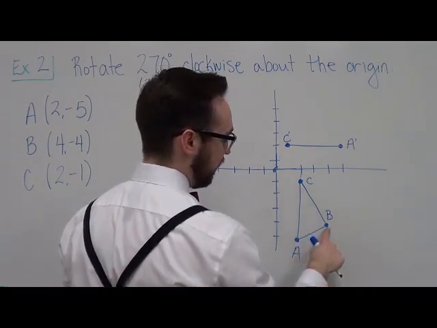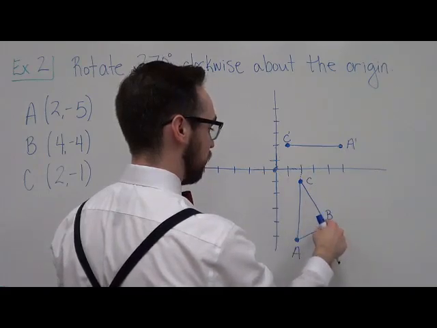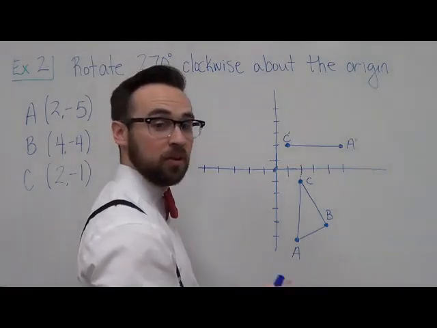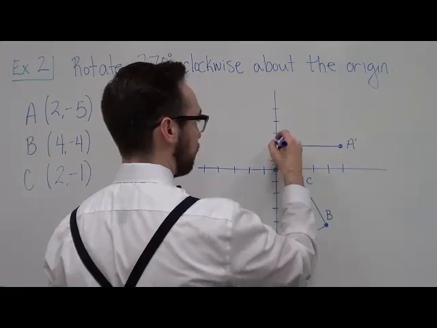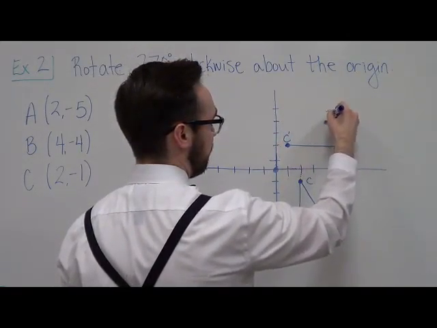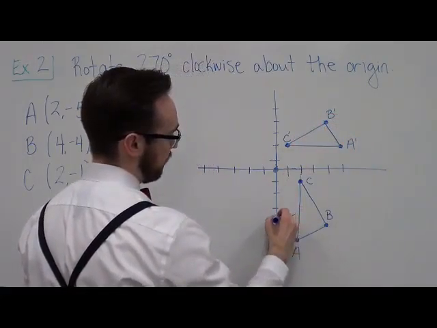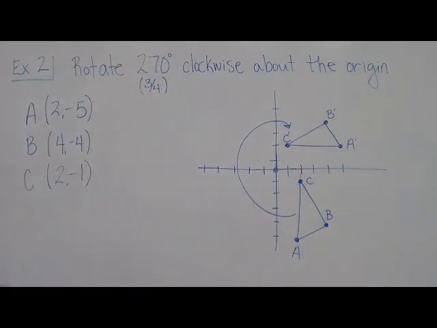Then again, from B to the origin, we would go up 1, 2, 3, 4, 1, 2, 3, 4. So it's a negative 1, right? So we go positive 1. We go up 1, 2, 3, 4, over 1, 2, 3, 4. This is B prime. If you look, we've now just rotated that thing 270 degrees. So we're going to spend a little more time doing these more complex rotations in class,